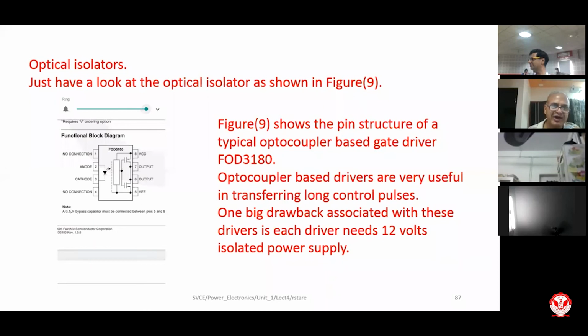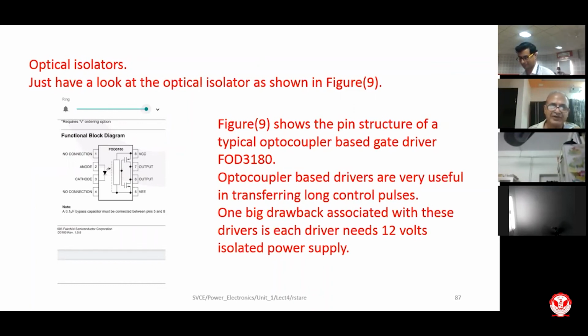So in the input, you have pin number 2 to 3. There is an IR LED connected inside the isolator. The light falls on the photo transistors inside the chip, and then there are two MOSFETs which turn on. If no light, the lower MOSFET turns on, output is driven to 0. If the IR radiations are falling on the photo transistor, the upper MOSFET turns on and the output is hooked up to VCC. This particular FOD3180 can generate voltages up to 20 volts.